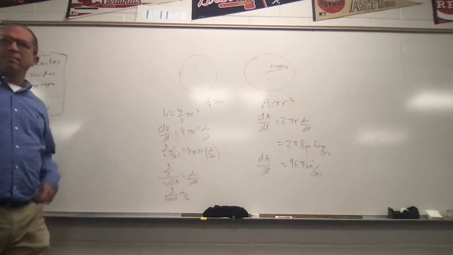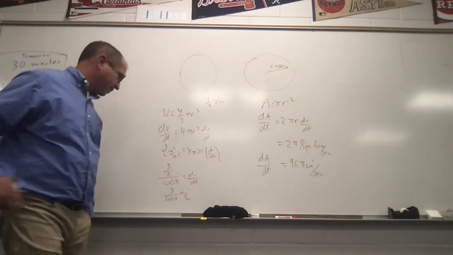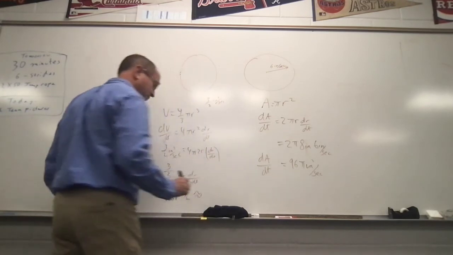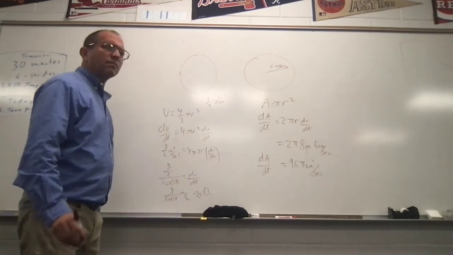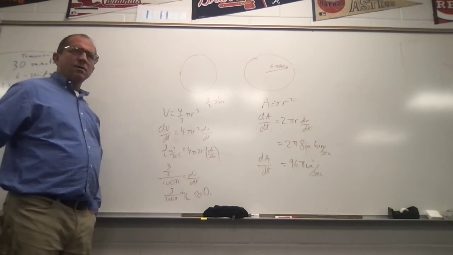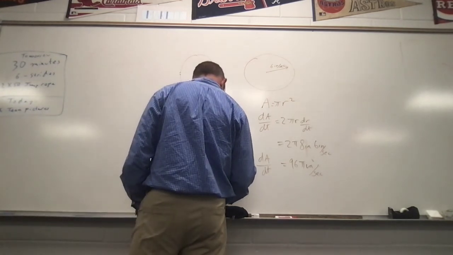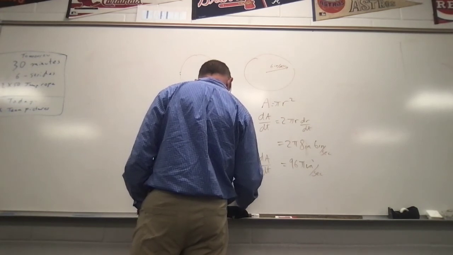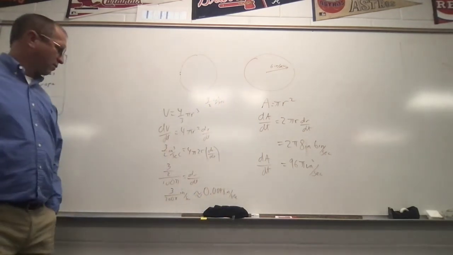But we have 3 divided by, and make sure you put 200 pi in parentheses when you do that division. 0.0048 inches per second. So you don't see very much of a change in the radius